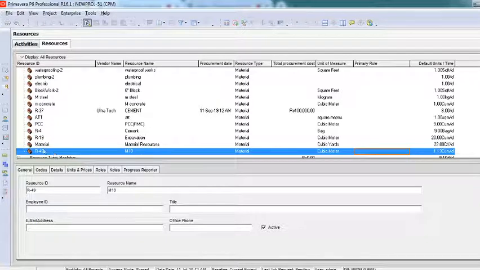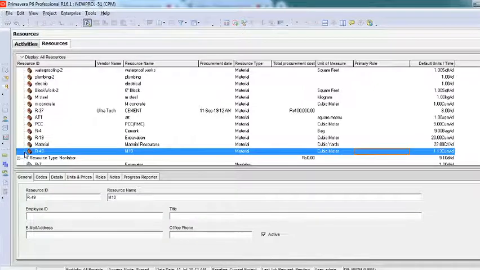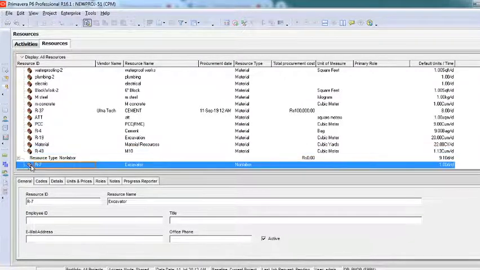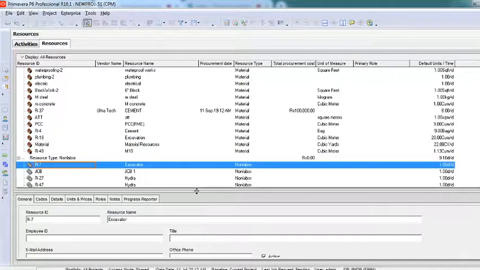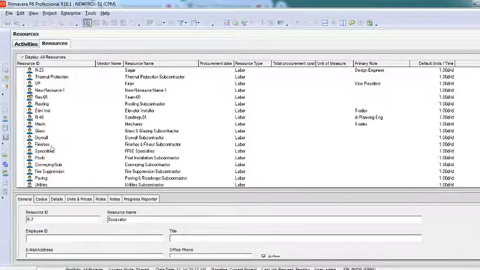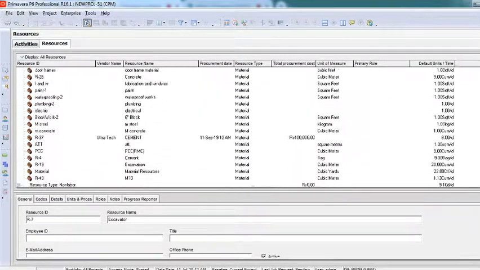You can see here the material symbol, it is showing it as brick. Don't worry, it's a foolish question, but still if you have it in your mind: I have created concrete, why is it showing brick? There's nothing like that, we have only these symbols. The brick symbol is for material, no matter what material you create. This gear symbol is for machinery, or non-labor, no matter what machinery it is. And this is the human resource symbol, which you have already seen, right? So the symbols are the same, do not worry about it, no matter what you create.